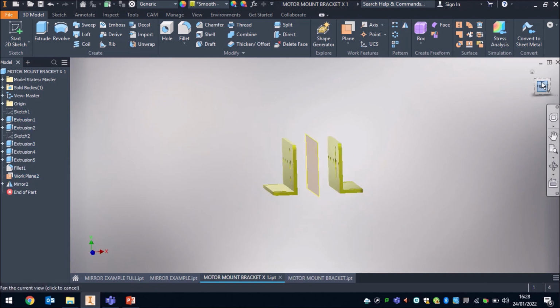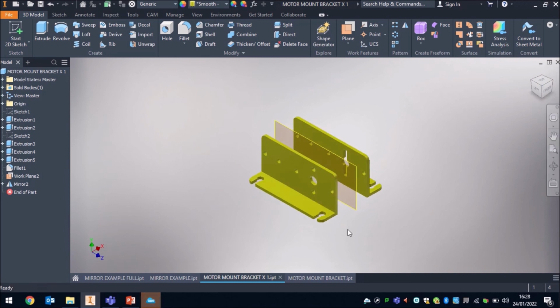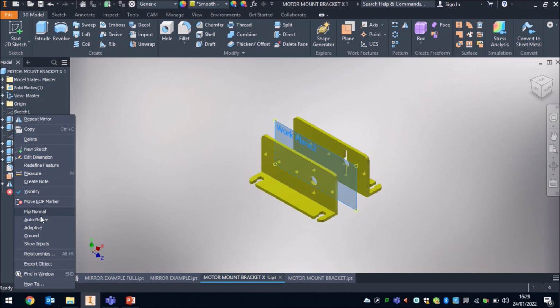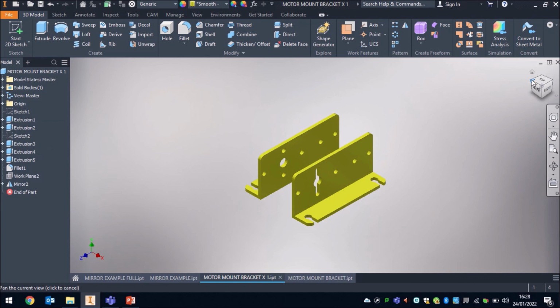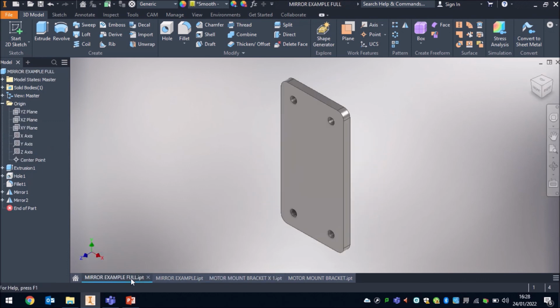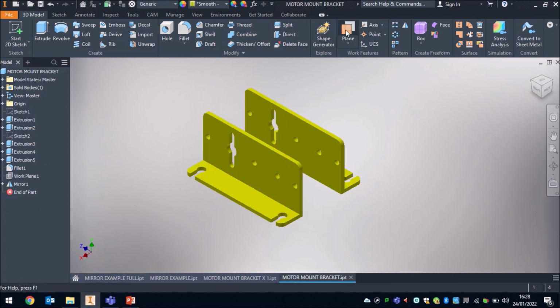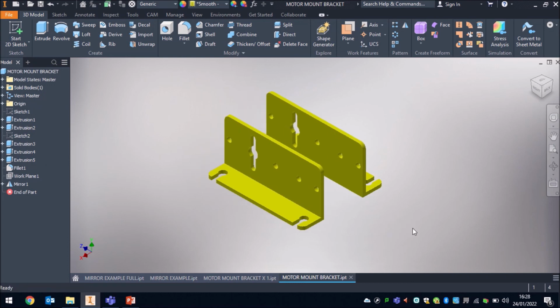We can see we've got our bracket now. When you come to assemble anything on here, you can always go back in, switch that work plane off, and away we go. So a few things there. We've got an example where we've created holes along those central axes that are symmetrical to the work planes we've already got in there, and then we've got this other example where we've created the work plane and then mirrored the things off that. So hopefully that will come in handy, and as always, if you get stuck, you need any help,